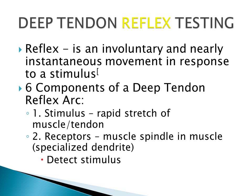And when we're talking about deep tendon reflexes, the receptor that we're talking about is the muscle spindle located within the intrafusal fibers of the muscle belly of the muscle that we're testing. And we'll go over which specific muscles we are testing here in just a minute. Now, these muscle spindles